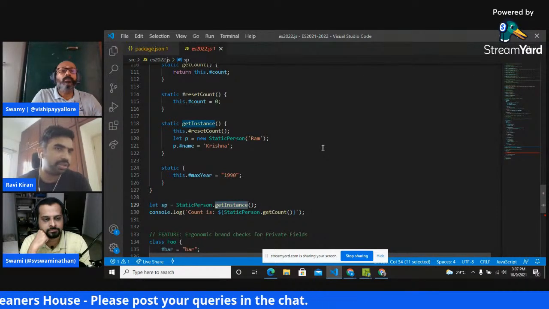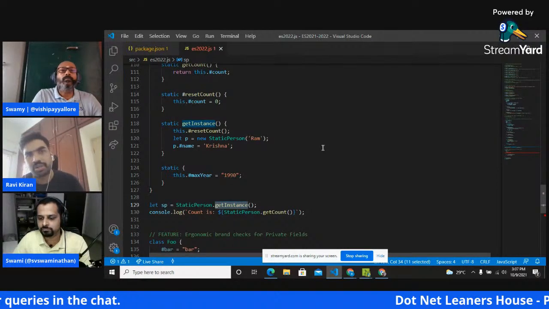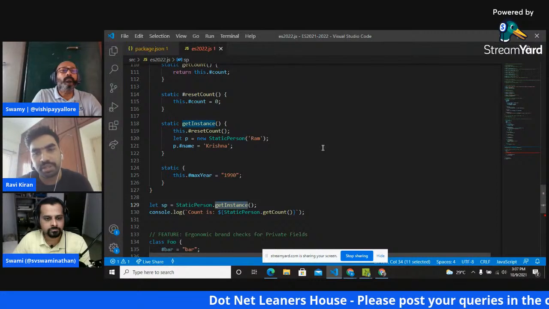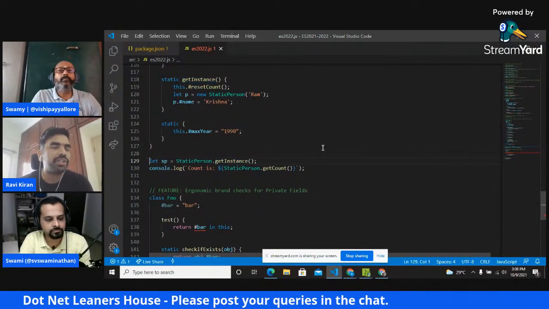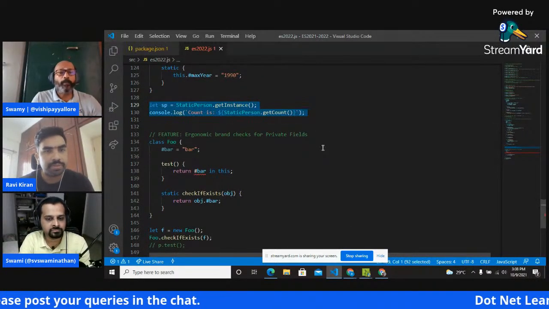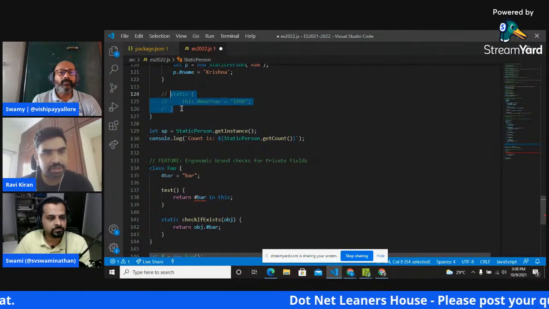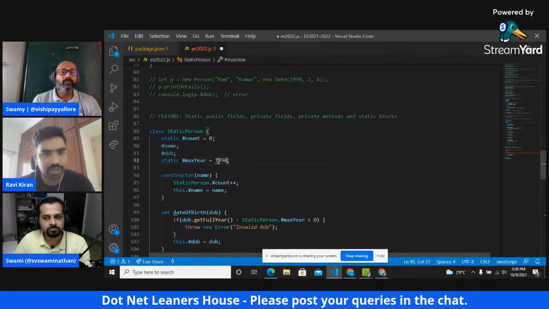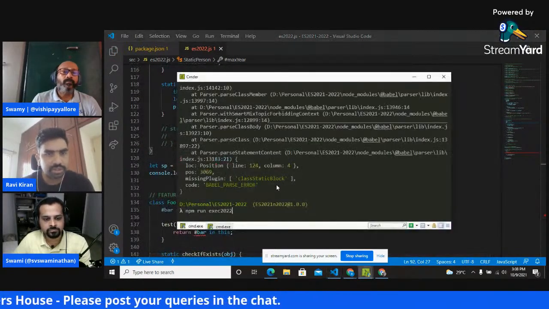In order to try this, you can try it either using TypeScript, or if you are doing it using Babel, then you have to install the plugin and enable it. Because we are running out of time, I'm not going to do it, but I'll provide it in the code base. Anyway, let me comment this out so that we will have the rest of it working. I'll just assign it to 1990 over here in a static way.